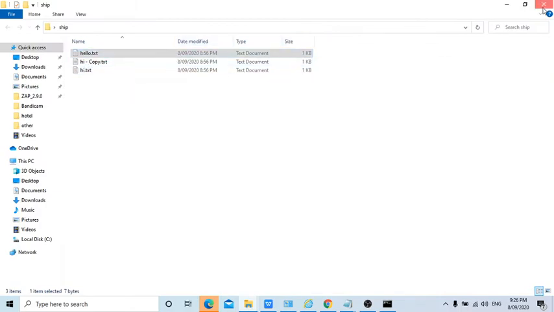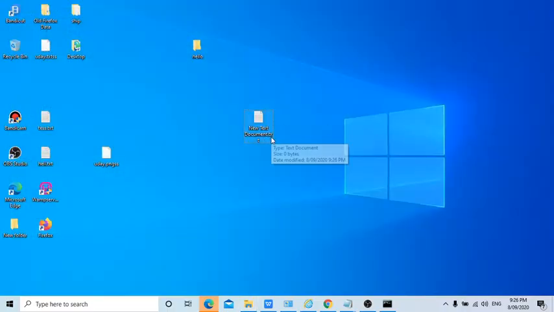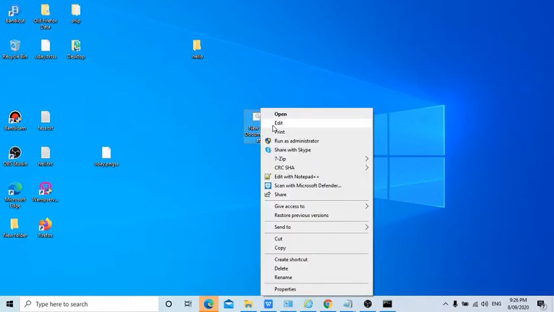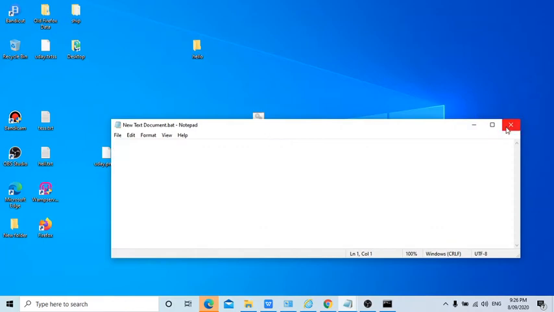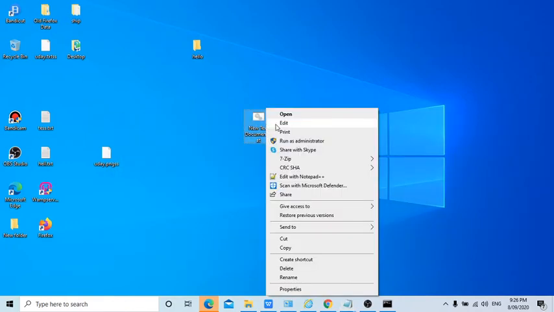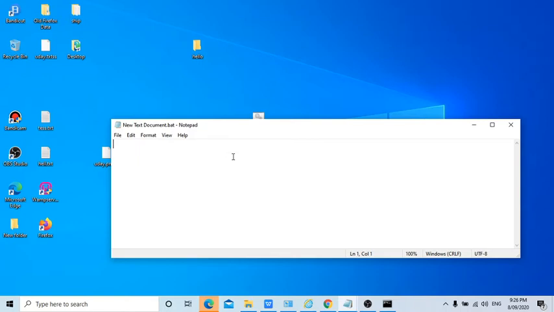This is very important. Then you can see the file extension .txt. Now you just need to rename the .txt to a .bat file. So you have successfully created a batch file. Now right click, edit it, and you can enter all the DOS commands one by one here, guys.